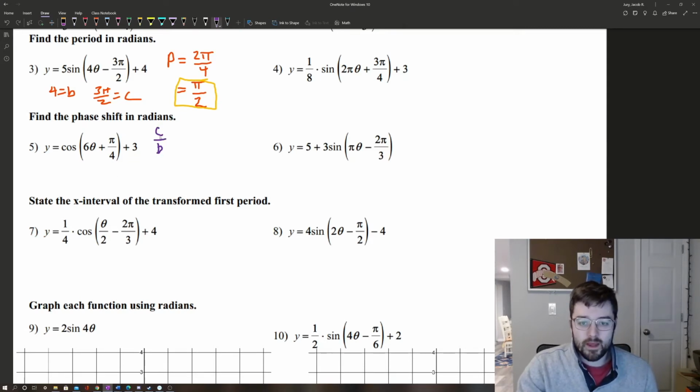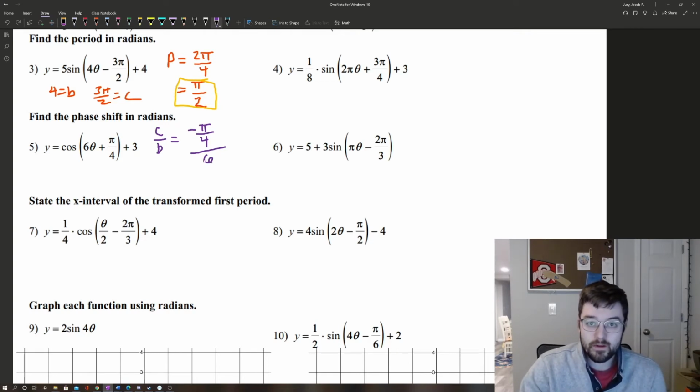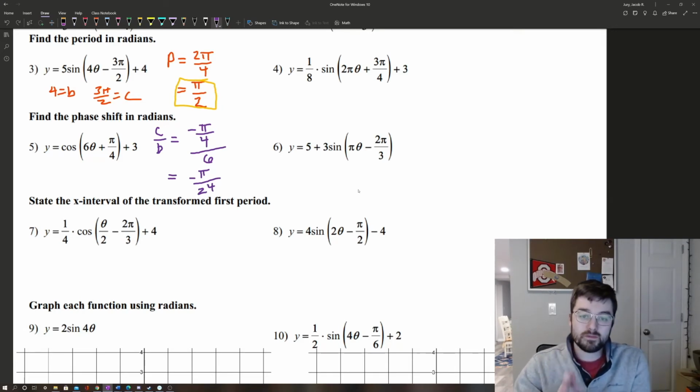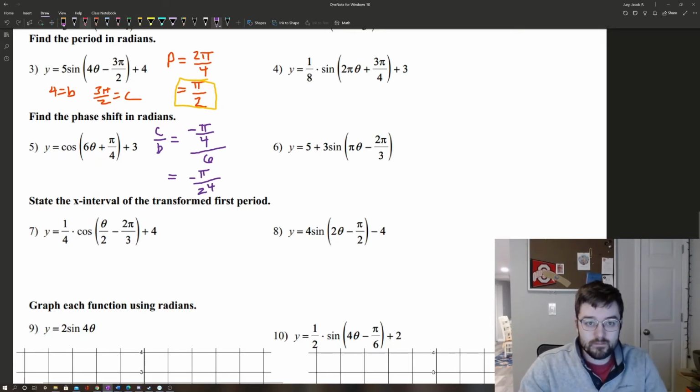So the phase shift of number 5 is going to use c divided by b. I noticed that my c is negative pi divided by 4, divided by my b value, which is 6. So dividing by 6 is the same as multiplying by 1/6. So my phase shift is going to be negative pi divided by 24. In other words, this has been shifted left,